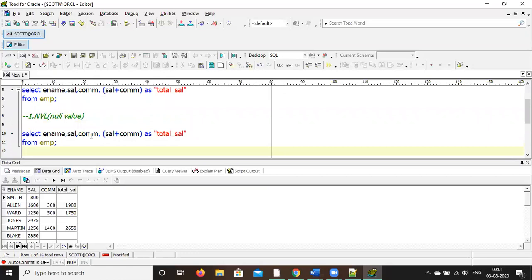And here salary plus commission is there, right? So here you have to give NVL before salary, inside the bracket. NVL bracket start.